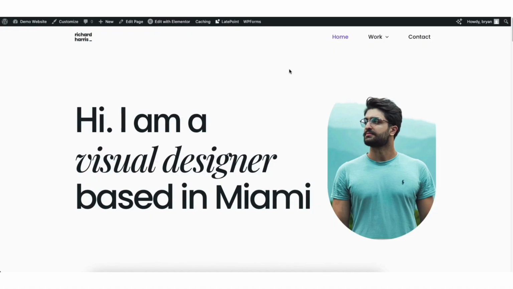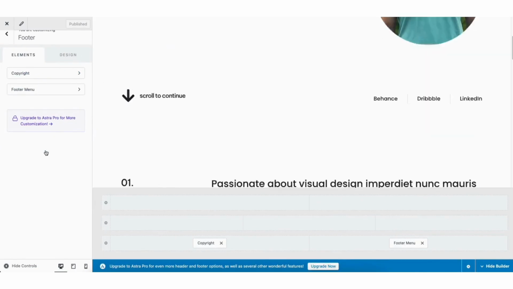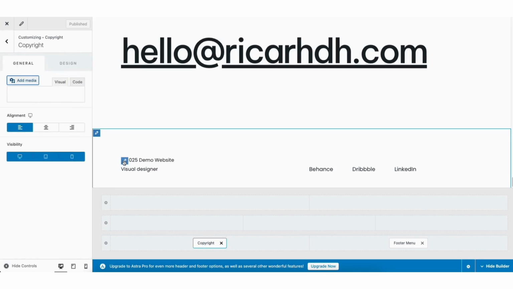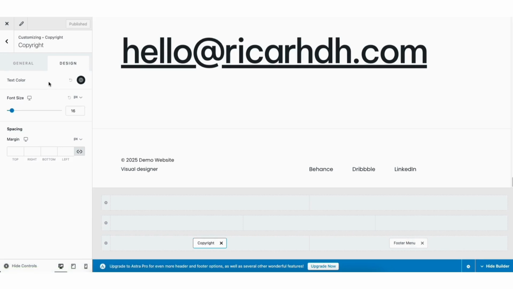Now let me show you how to make edits to the footer, header, and logo of your site. From the view of your site, click Customize in the top toolbar. You'll be taken to the Customize page. Click Footer. You can then click an area in the footer area to start making edits to that section over on the left side. If you click Design, you can then make additional changes for that section in the footer.